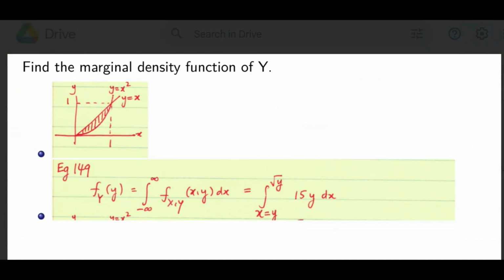And can you conclude for y outside that range? What is the marginal density? 0, nothing. And it's not nothing because I didn't do it. It's because if I drew otherwise at other places, there's no density to cut through. There's no probability there. And so the marginal will all be 0 as well. So the complete answer is